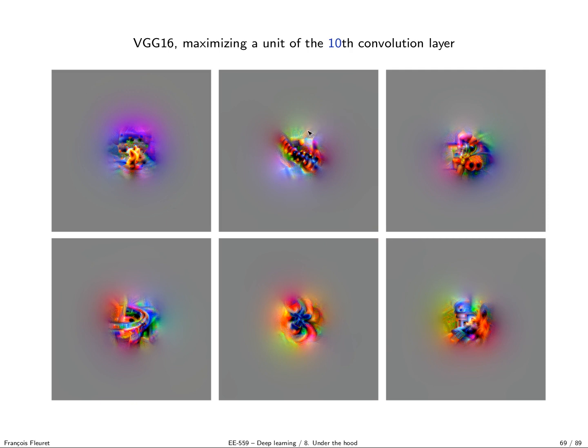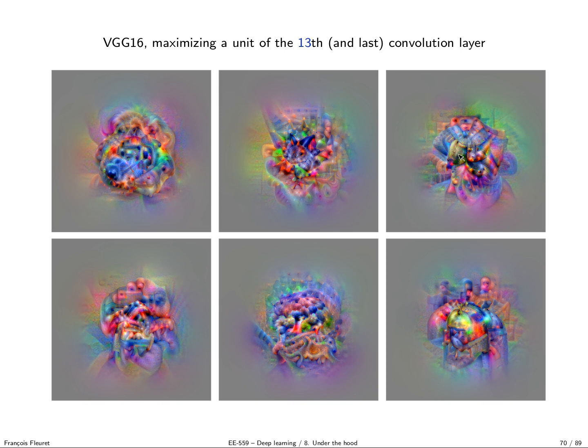And the reason is that since this is an early convolution layer, a unit depends only on a small part of the image. This pixel, for instance, if I pick the center unit in the 10th convolution layer, this pixel does not influence it because there is not enough convolution between the input and this unit to allow the information to flow from there to there. Those results are quite nice, as you can see. It generates quite highly structured things with curves and some feeling of even light effects and very nice colors, almost relief structures. If we go to the 13th and last convolution layer, this is what we get.